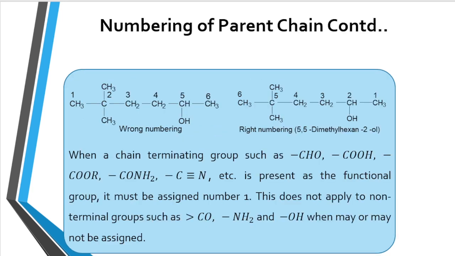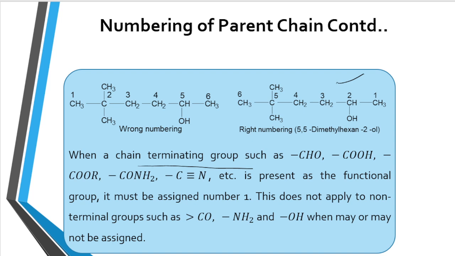Now, if we consider this two carbon compound, where the OH is very near to the right end and far away from the left end, hence the numbering from right to left is correct, though we are violating the lowest sum rule here. And moreover, the compounds with a functional group carbon, that is the chain terminating groups such as CHO, COOH, COOR, CONH2 and CN, must be assigned